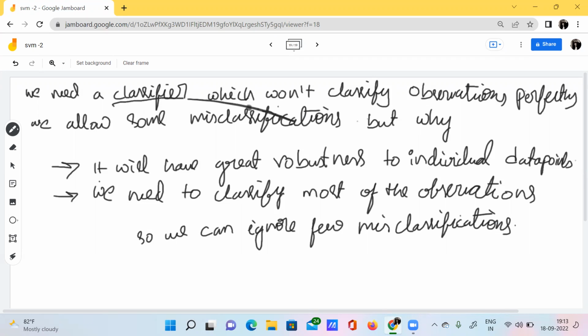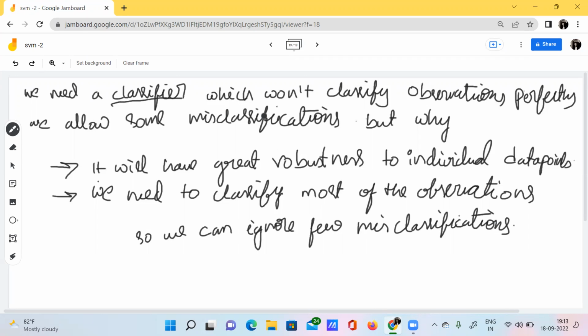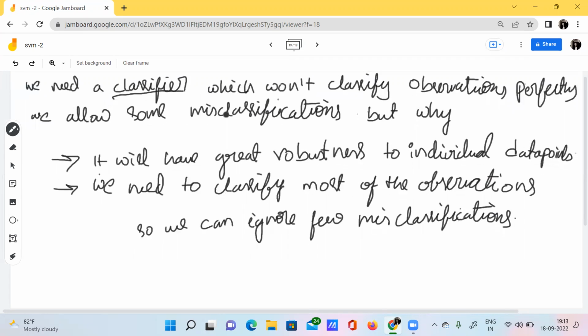We need a kind of classifier which won't exactly classify the observations perfectly.